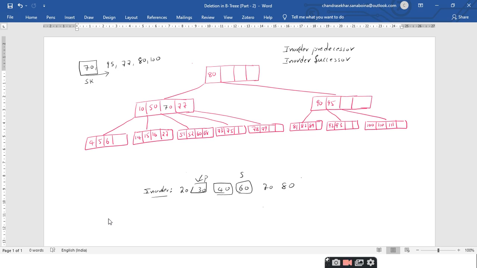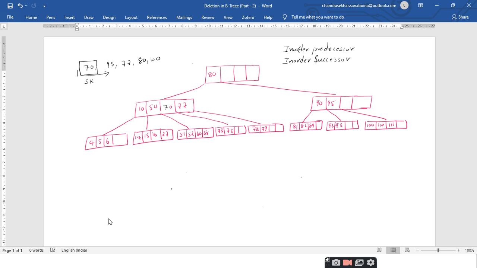Now, does a B tree have any relationship with the BST? Yes, sir. All the left children are less than the parent node, and all the right children are greater. In the starting class itself, I told that the B tree is a generalized binary search tree. That means you have to arrange the elements in ascending order, where the elements on the left hand side will be less than the key element and the elements towards the right hand side are greater than the key element, right? So if it is clear, we can move forward.